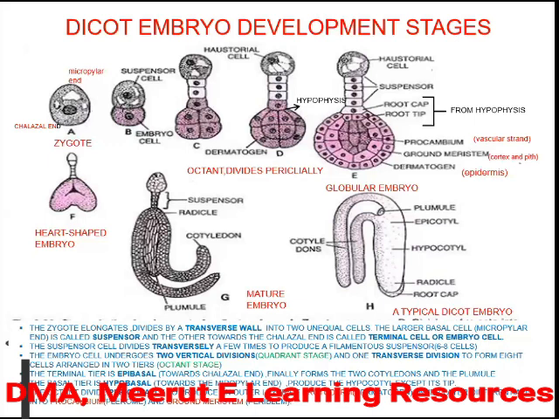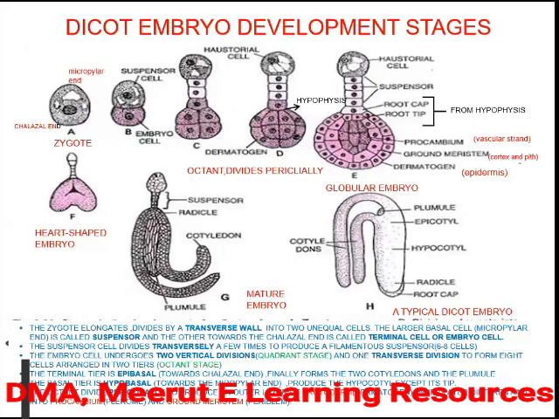Clear? The terminal tier is towards the chalazal end. Here you can see the terminal tier of cells towards the chalazal end. This finally forms the cotyledons and plumule. Got it? While the basal tier, the hypobasal tier towards the micropylar end, is going to produce the hypocotyl except its tip. Why? Because the tip is derived from the